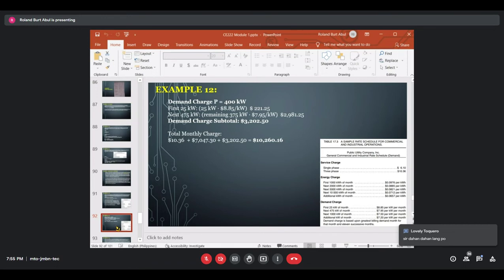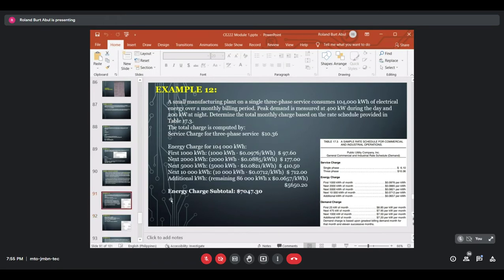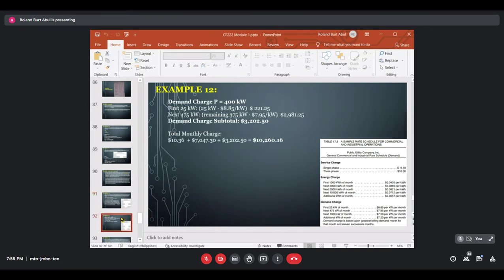And next is the next 10,000 kilowatt hours. Then multiply to the rate of 0.0712 dollars per kilowatt hour. And lastly, the additional kilowatt hours of the month multiplied by the rate of 0.0657 per kilowatt hour. So, if gawandar mo, nganong 86,000